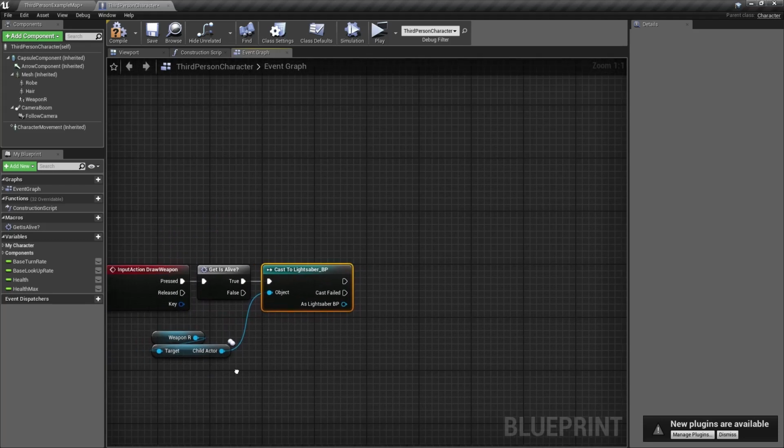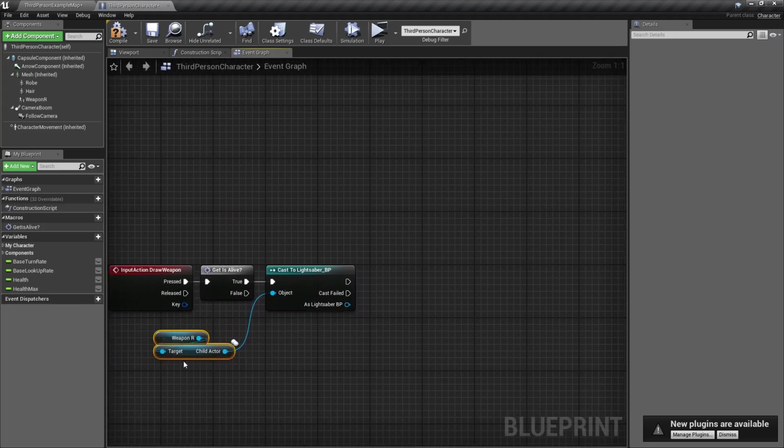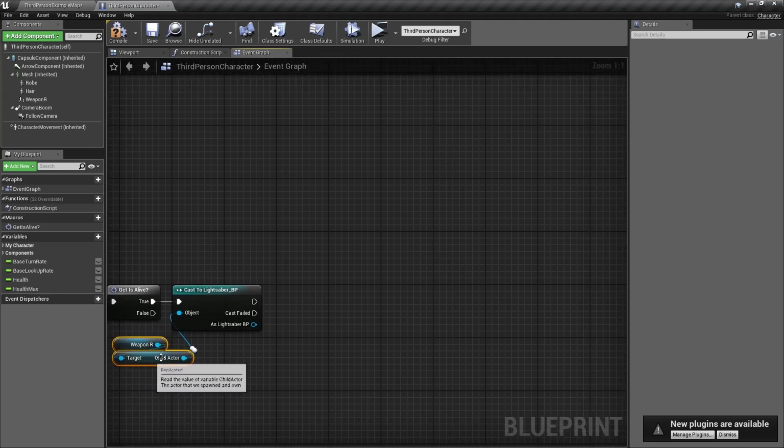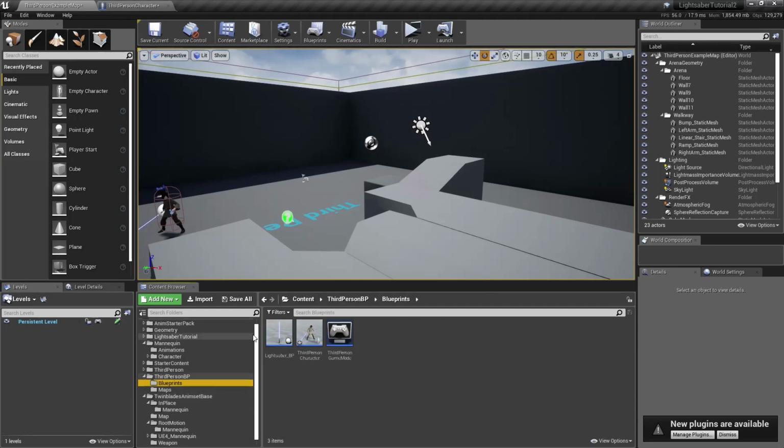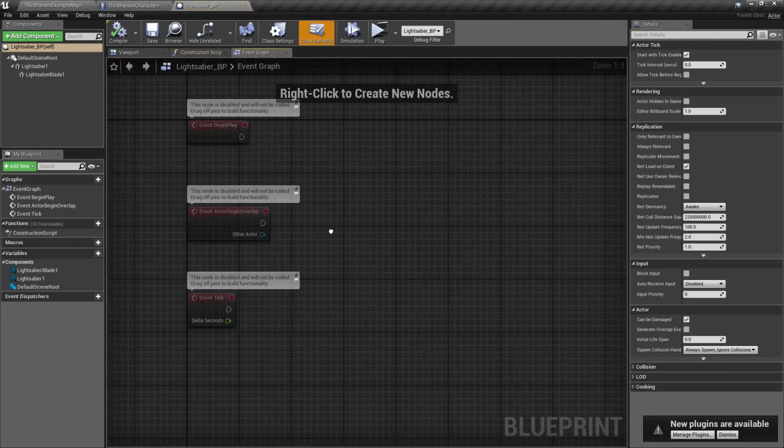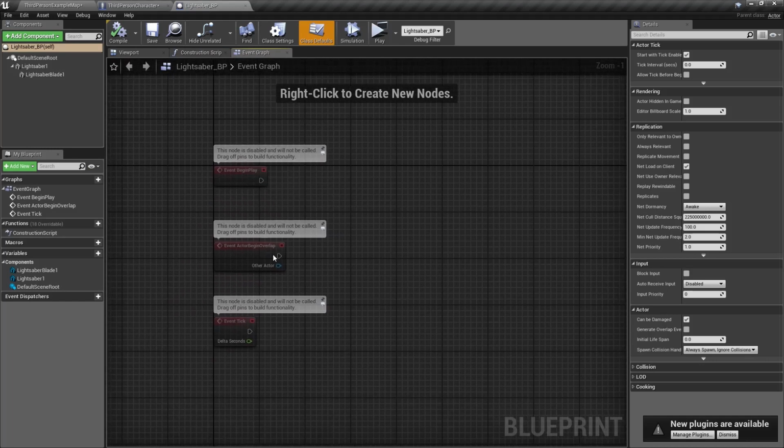So this will set up our ability to call functions on the lightsaber itself, but currently we don't actually have any functions on the lightsaber. If we go and open it up, we'll see that we still have just the default grayed out functions here. So let's go ahead and